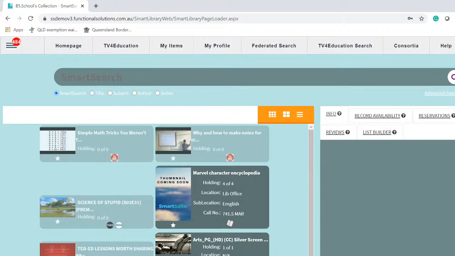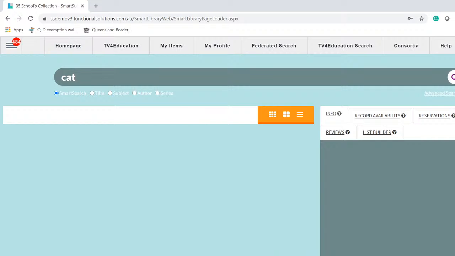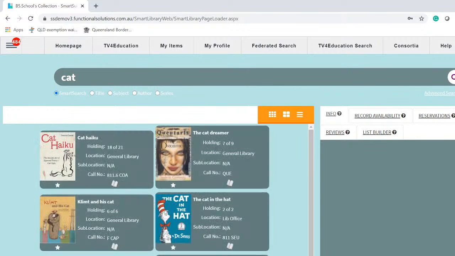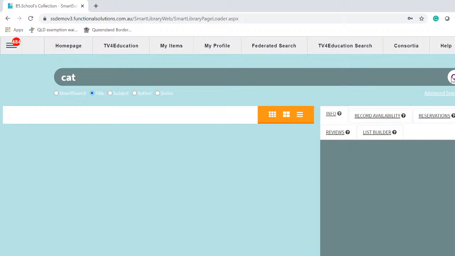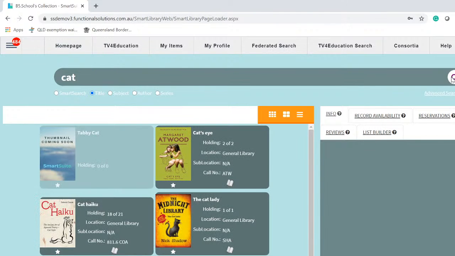Searching is fairly straightforward. You don't have to touch any buttons, do anything. You just put in the word or phrases you want, and it will automatically do a smart search. But you can say, no, I want to only search for title. So you can click on title and put any word from the title and then do a search. And that'll bring up all the books that have cat in the title or cat in the subject,